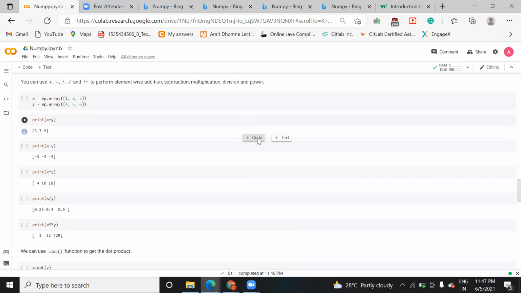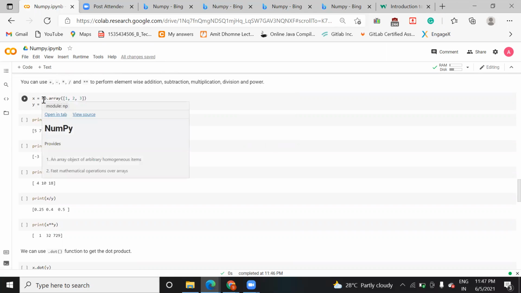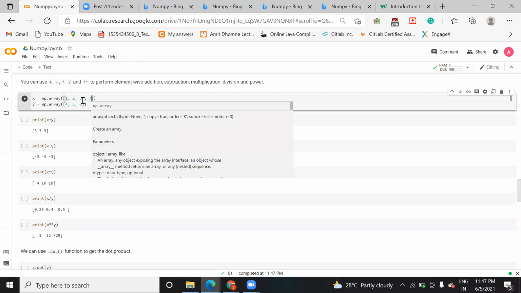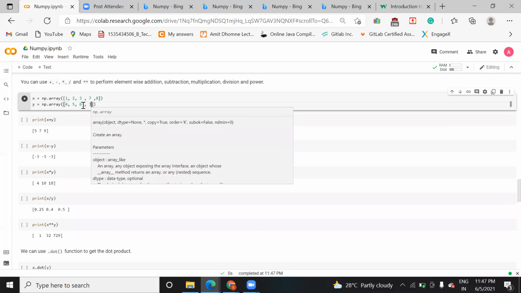Now, how can you perform an arithmetic operation? You can create two NumPy arrays, X and Y. In X, I have assigned 1, 2, 3, 7, 8. If you want to add them, you can simply add them. Let me run this first. Okay, let's take some more values.